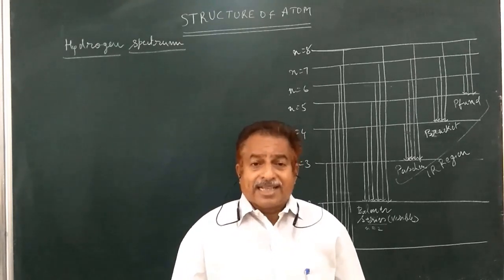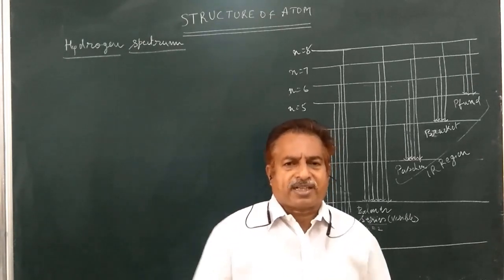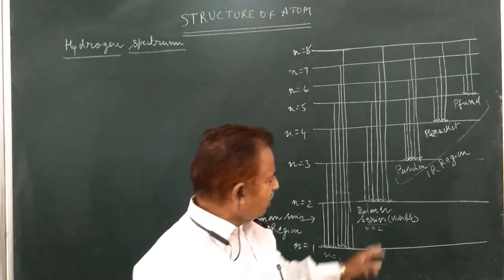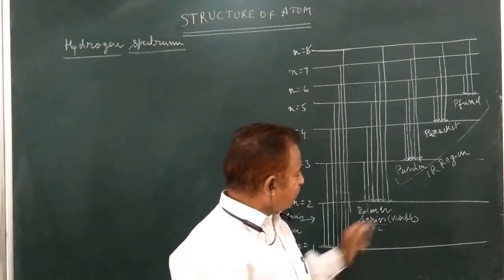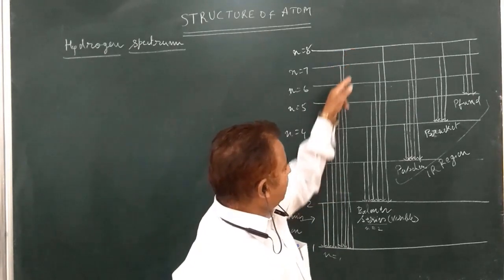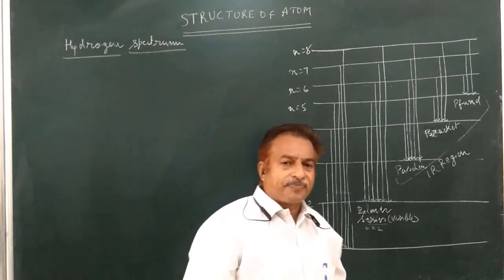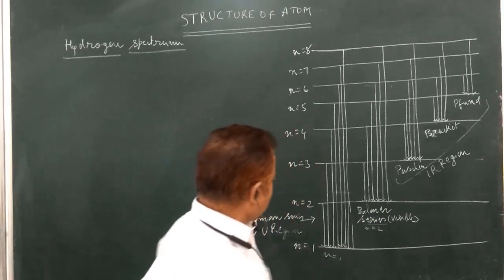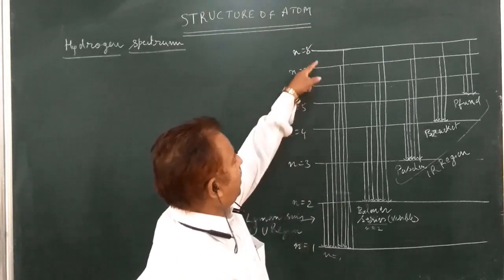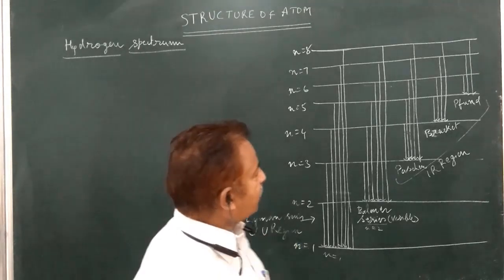In the case of hydrogen, the spectral lines are observed in different series. The first series of spectral lines was observed by a scientist known as Balmer in 1885 in the visible region. In the Balmer series, the electron comes from a higher level to the second level. So this series is observed in the visible region. The other series of spectral lines is the Lyman series. The Lyman series is obtained when the electron comes from higher levels to the first level. That is, the Lyman series is observed in the UV region.